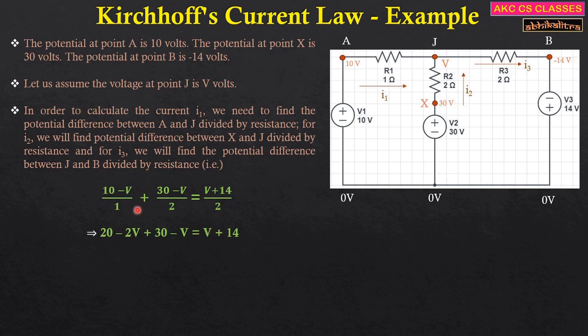And since both the sides now have the LCM as 2, the 2 will be cancelled out from LHS and RHS, right? So over here, minus 2V minus V, and if I take this V to the LHS, then it becomes minus V. So now it becomes minus 4V. So minus 4V equal to 20 plus 30, which is 50. So 14 minus 50 is basically minus 36.